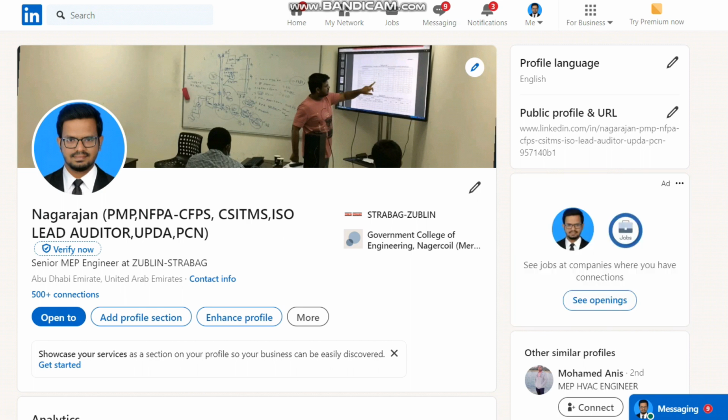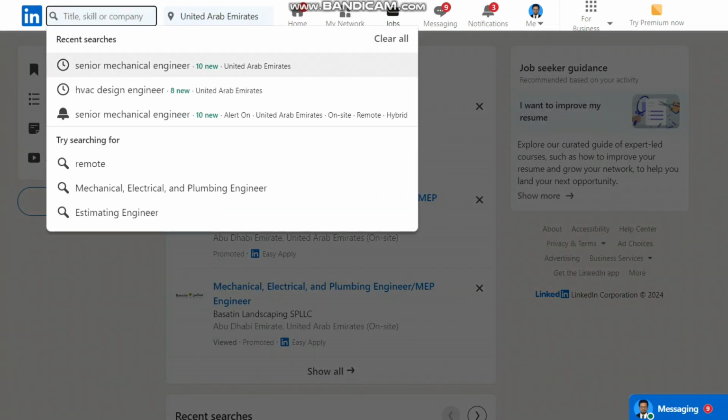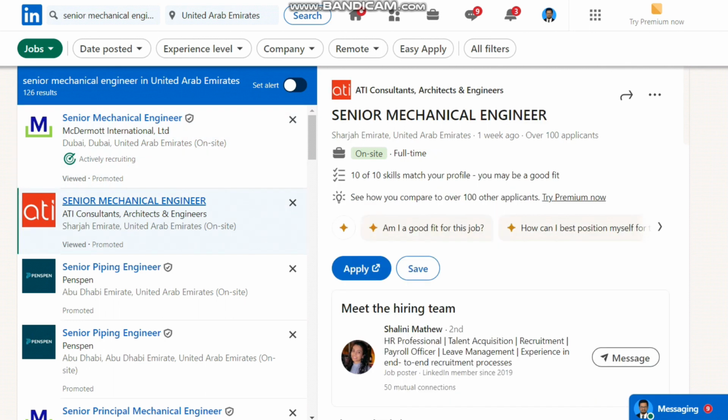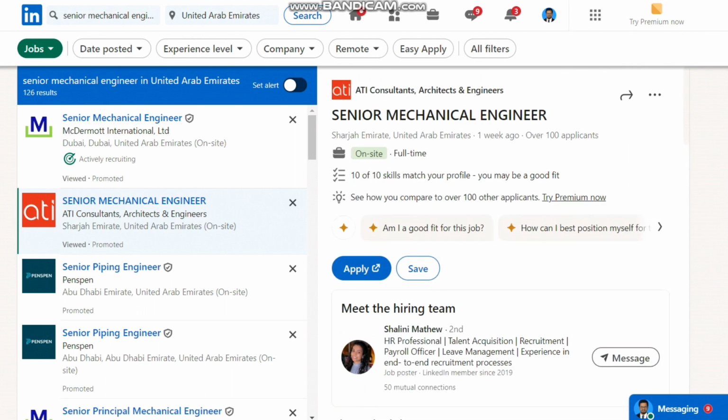For example, I'm looking for a senior mechanical engineer job. So you can go to this jobs option and search for the relevant position. After searching, you can see plenty of job openings coming up. Let's say I take this one, senior mechanical engineer in Sharjah. Now if you go down, you can first see how many applicants there are. Over 100 people have applied for this job within 1 week, and if you have the chance, then